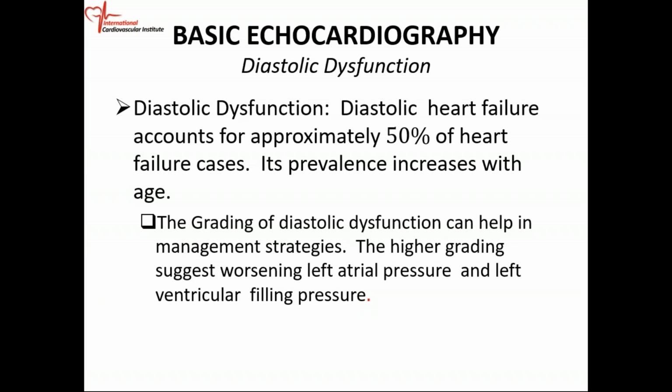The same thing occurs on the right side. When the aortic valve closes, the mitral valve is still closed, so you have your IVRT. Then the mitral valve opens. You have suction of blood from the left atrium across the mitral valve. You get your so-called E velocity. Then you have rapid equalization of pressure between the left atrium and left ventricle. You have your diastasis. Then the atrium contracts and you get your A velocity. So those are the mitral inflow parameters